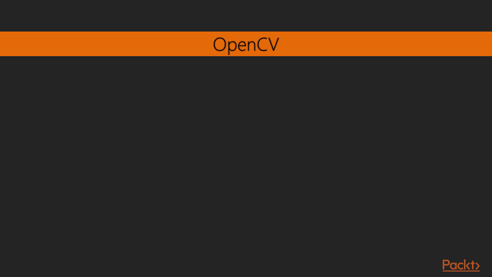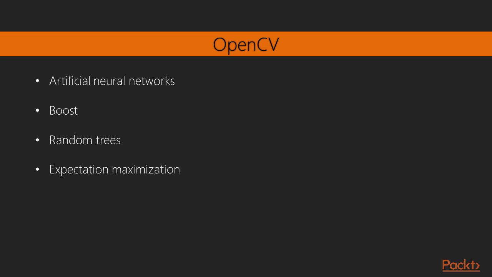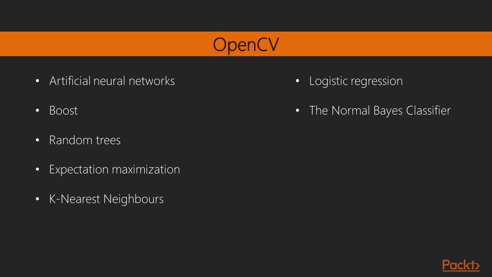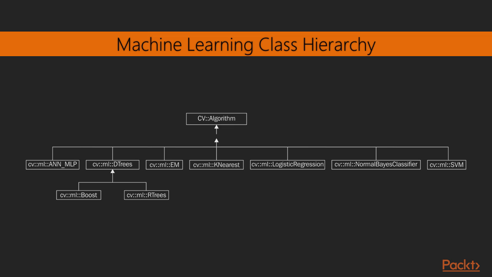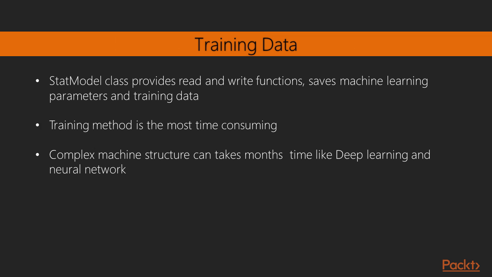They all inherit from the StatModel class: artificial neural networks, boost, random trees, expectation maximization, k-nearest neighbors, logistic regression, the normal Bayes classifier, support vector machines. To get more details of each algorithm, read the OpenCV document page of machine learning at the link. In the image, you can see the machine learning class hierarchy. The StatModel class provides all the read and write functions that are very important to save our machine learning parameters